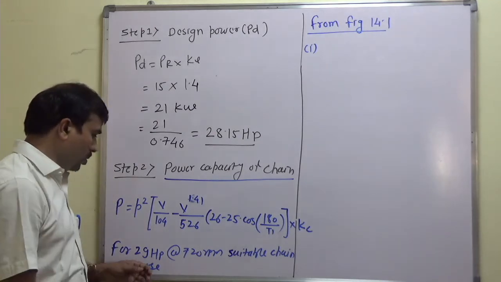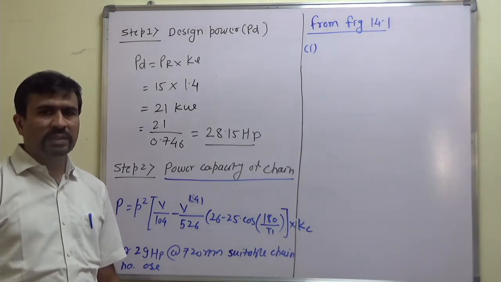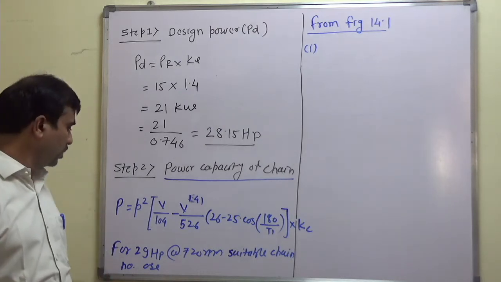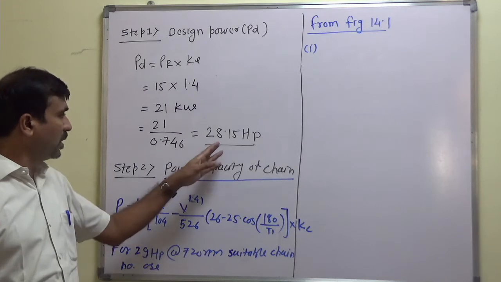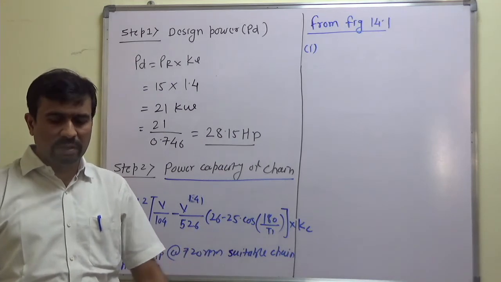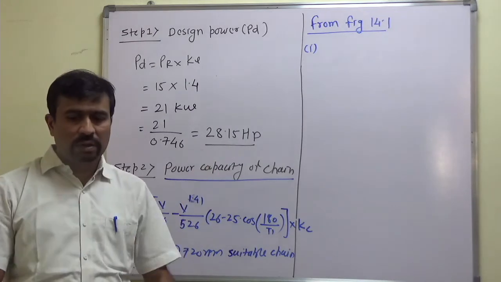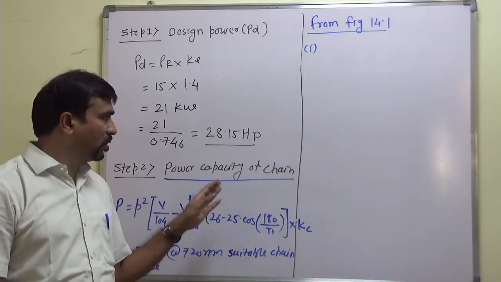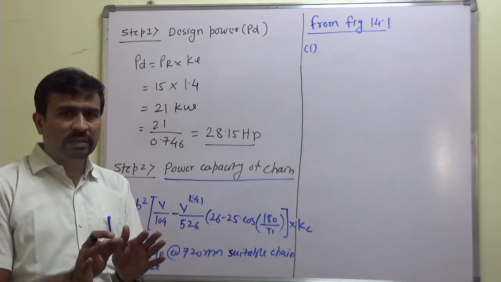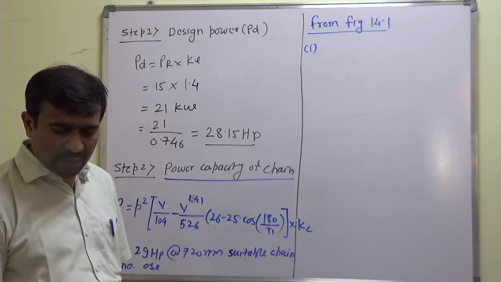Can you see that? On horizontal axis you can see the speed. So 700 is given on the horizontal axis, and slightly above it is 720. So you can select 700 line itself also. And approximately you select 29 or 30 HP on the vertical axis. The intersection of these two will give us the point of intersection of speed and the horsepower. In which region it is lying, in that region suggest the suitable chain number.